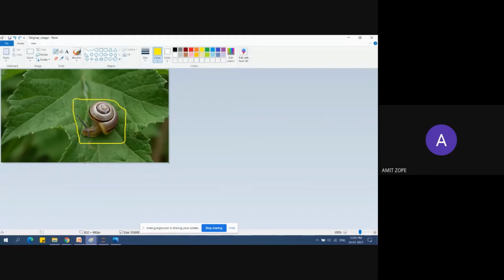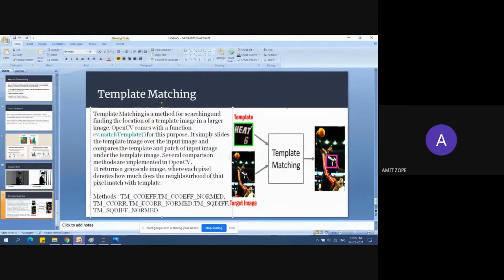These are some of the methods. Thresholding also has types like thresh binary, thresh binary inverse, thresh trunc, and adaptive thresholding.